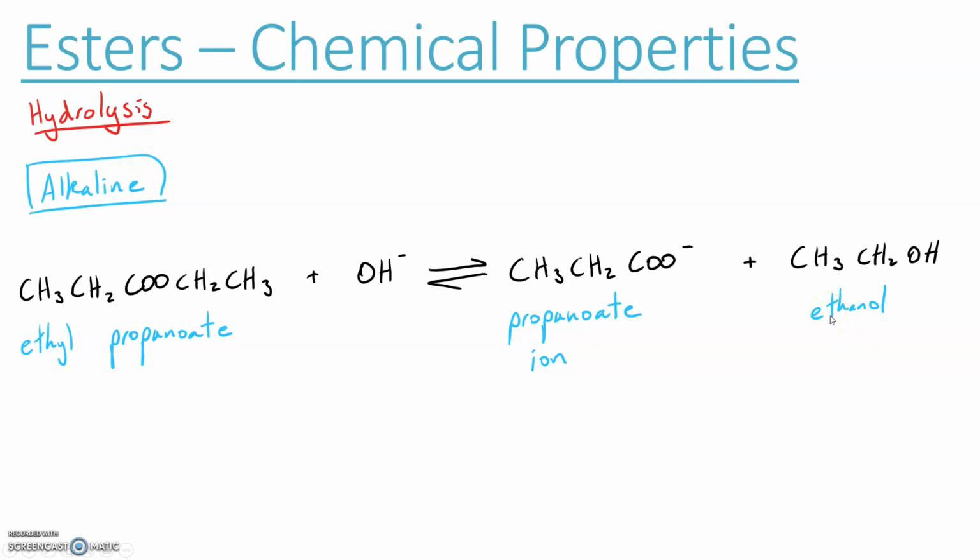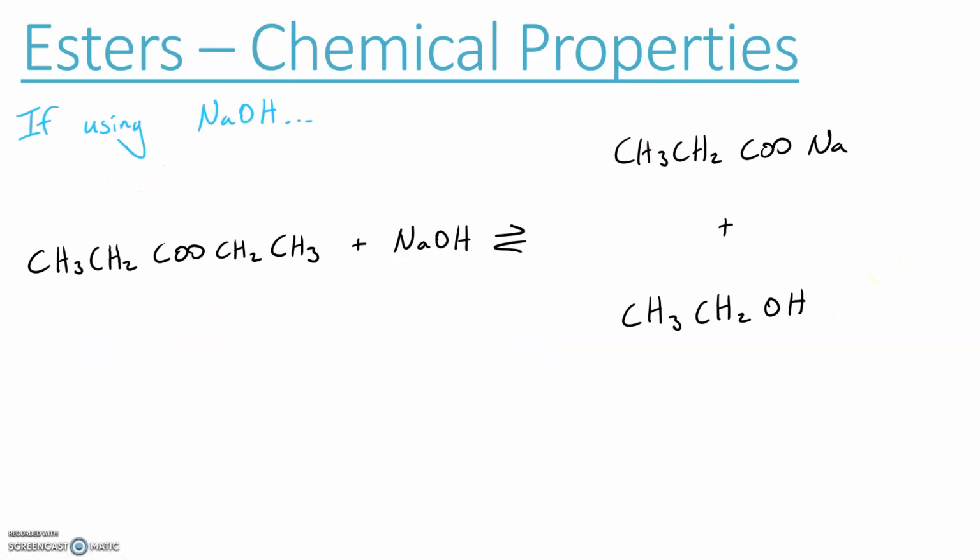alkaline conditions. But instead of getting a carboxylic acid, we get a carboxylate ion, and that's easy to see where it comes from. We get the propanoate ion. Obviously, it comes from the propanoate part of the ester, which is this part here. And again, the ethyl part becomes the alcohol, in this case ethanol. So for example, if we were using sodium hydroxide as our base in alkaline conditions, we would get, from here